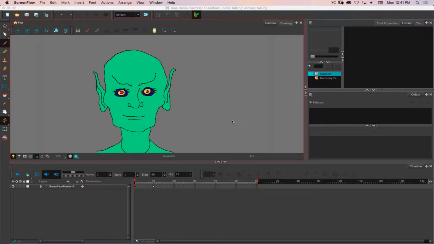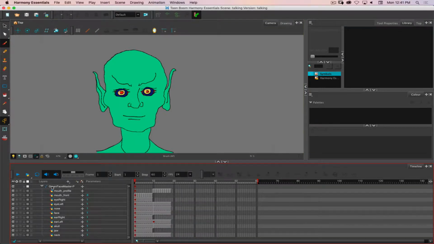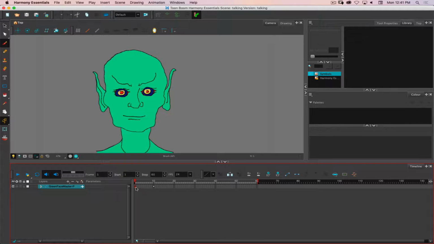One of the first steps when working with a character in Toon Boom Harmony is that we need to create a character template. To create the template file so that we can reuse the character between scenes requires us to pay attention to a couple of separate but important elements. One is that we need to have a master peg with our character, and that master peg does